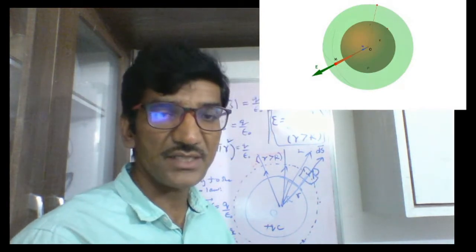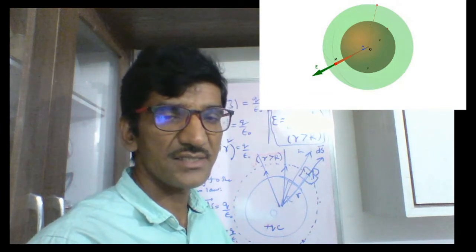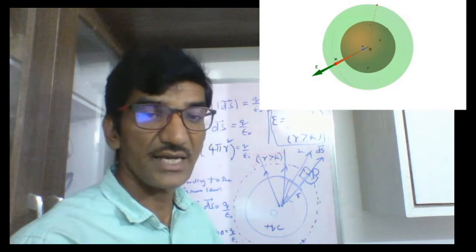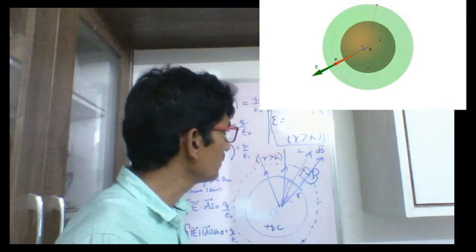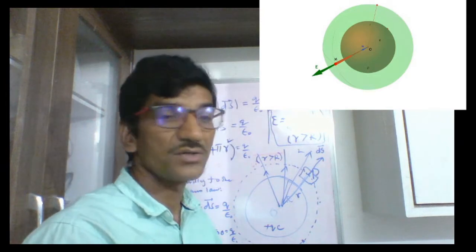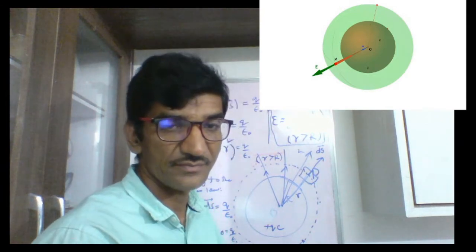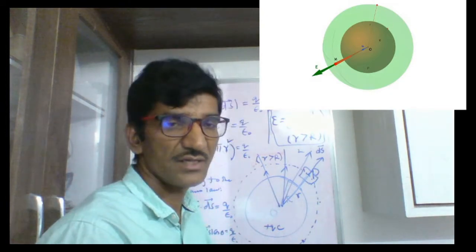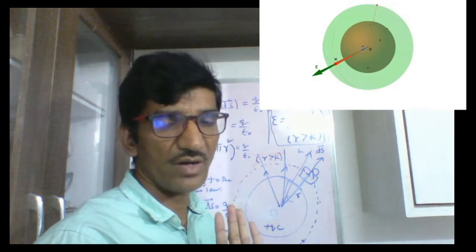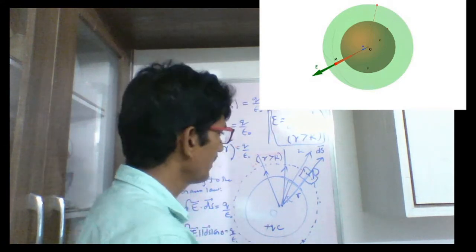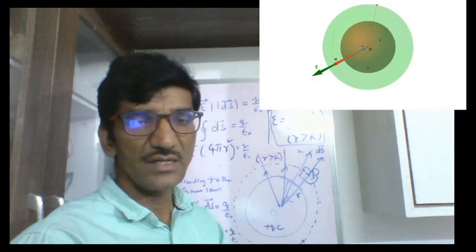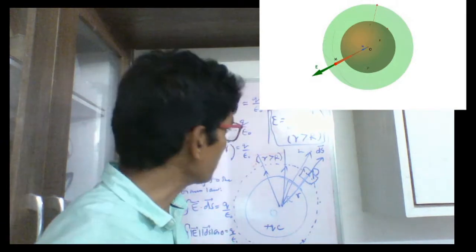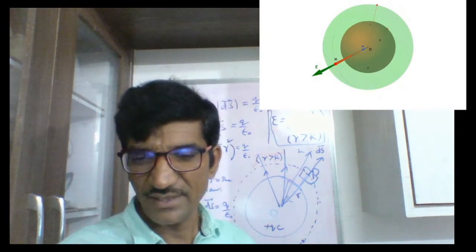So what is your answer? Here in this case, the solid sphere case A, that means outside points, your answer is the electric field intensity E is equal to 1 by 4 pi epsilon naught Q by r square. Here I am writing inside the brackets r is greater than capital R, which means it applies to all the points outside the solid sphere. This is the solution for our case A in case of a solid sphere.